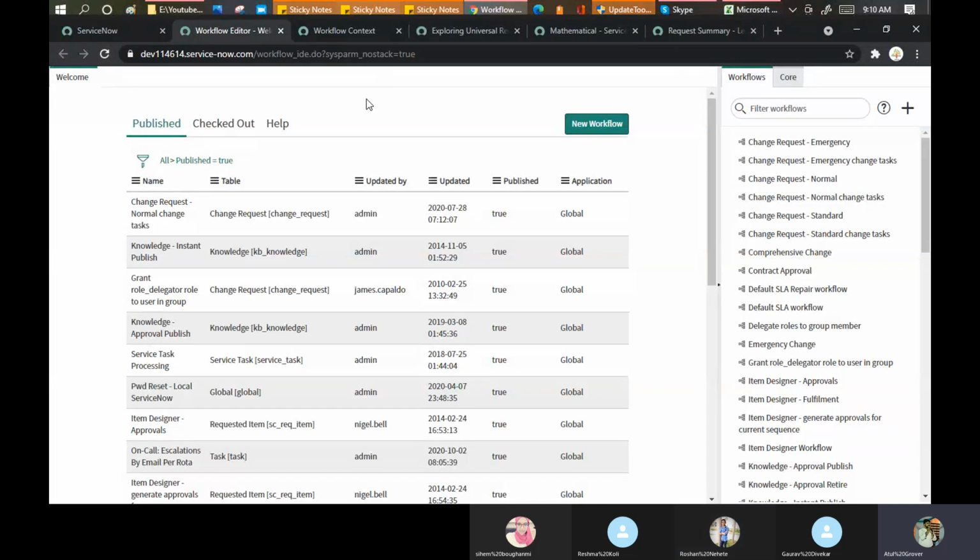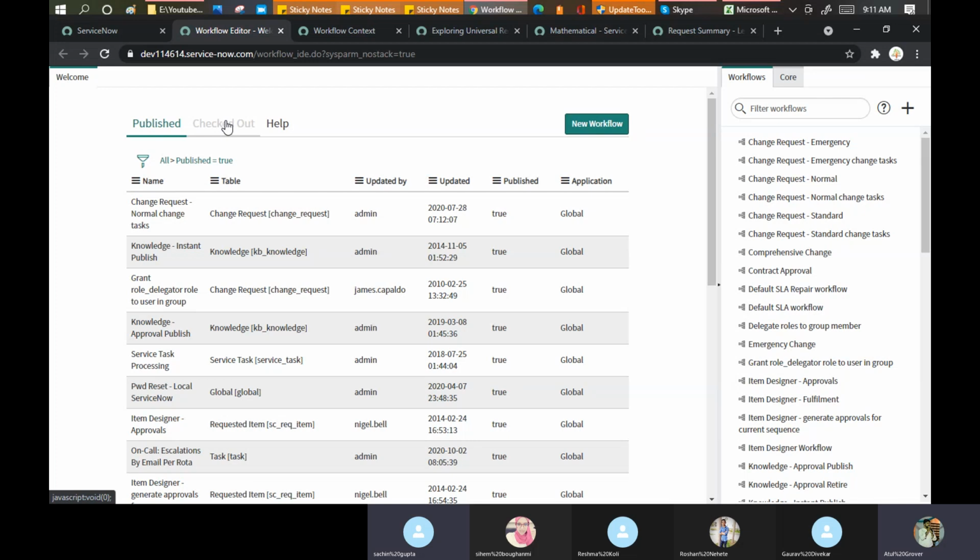So now you can see here, we have two major parts, publish or checkout. Publish means those which are already in production, already in use. Suppose you are in the market, and someone calls you, hey, can you come back home? I need the vehicle. You say, boss, sorry, I'm already in the market, I cannot come.